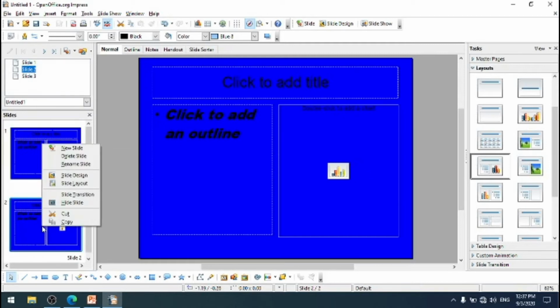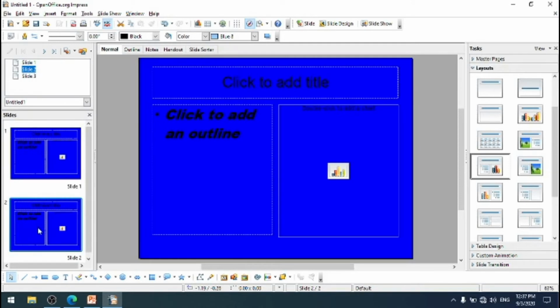Actually, if you want to move slide number 2 into the first position, you just select the slide which you want to move, then click and drag to the first position and release the mouse button. Now we have shifted slide 2 into the first position. So release the mouse once you drag the slide to the desired place.